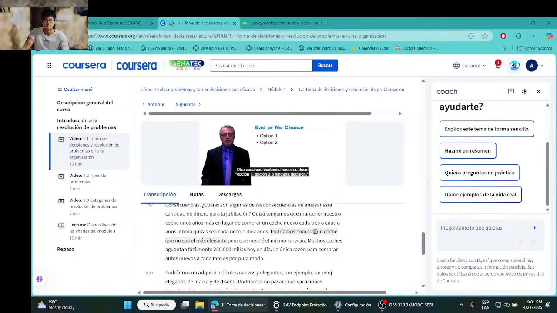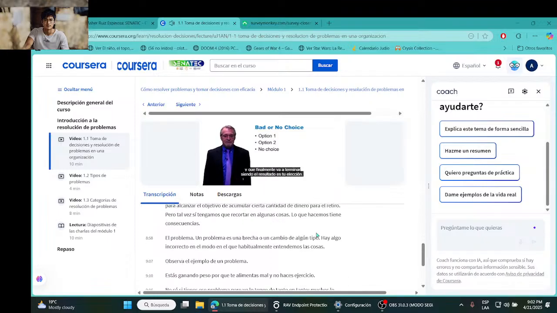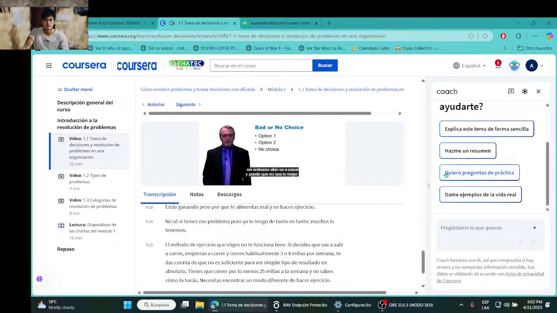Another thing we can do is say option 1, option 2, or no choice at all. We may say that at a certain point, something will happen. Either option 1 is going to take place or option 2 will take place. I really don't know what to do, and I don't really want to make a decision, so I think I'll just let things go on their own and see what happens. I'll make no choice at all. So actually, you are making a choice. Whichever one is the strongest and is the one that's going to actually become the end result is your choice. You've decided not to do anything, therefore something's going to happen, and it may not be the best thing.